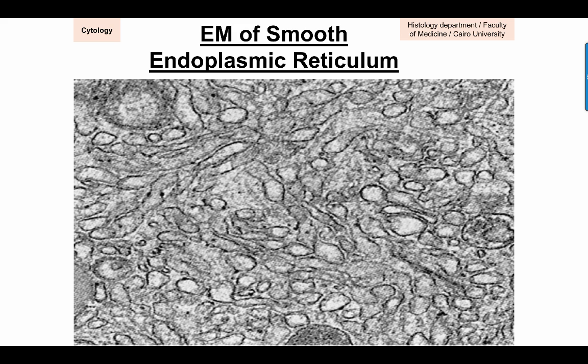If parallel and flattened, it is the rough, of course, with the ribosomes. And if they are not parallel and not flattened, appearing in the form of sections in tubules, and of course devoid of ribosomes, this is the smooth endoplasmic reticulum. You should remember the functions of the smooth endoplasmic reticulum, which are the synthesis of the phospholipids and the steroid hormones, formation of phospholipids of the cell membrane, detoxification of drugs and hormones in the liver, and also intracellular